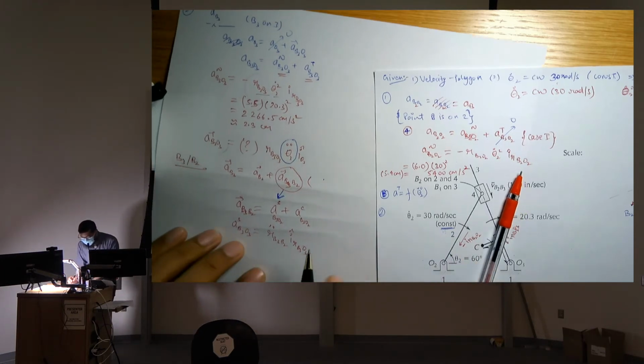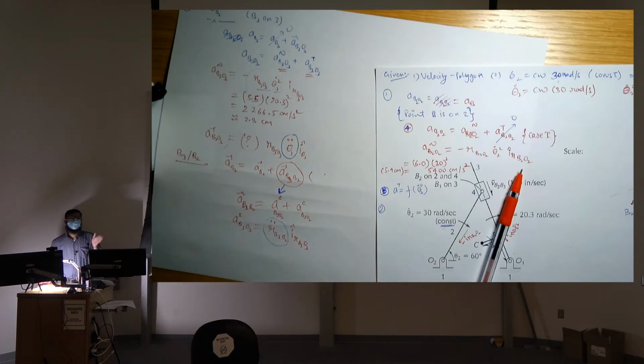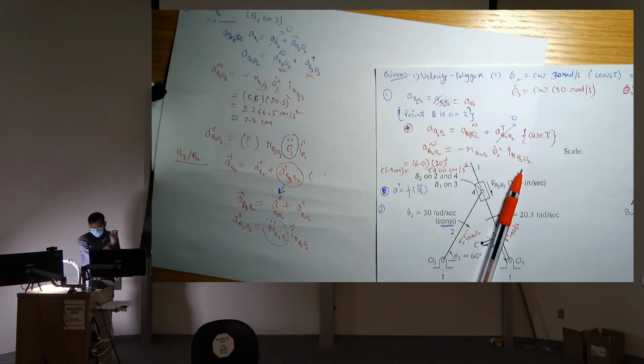Professor also explained to you what r double dot is. R double dot, you can say, is only the linear acceleration of that point B3, which is on link 3. So you can assume that the linear acceleration, and it will move linearly on what? Sorry? You were saying something?